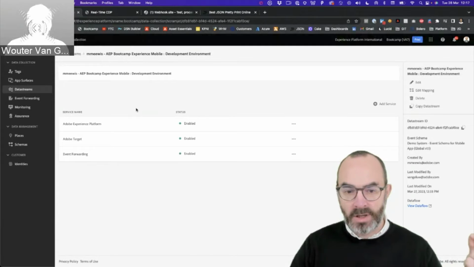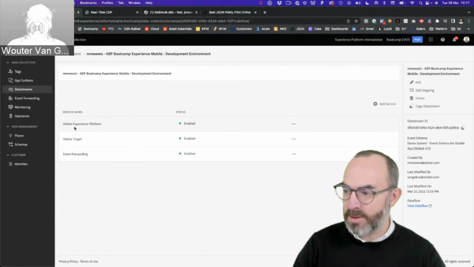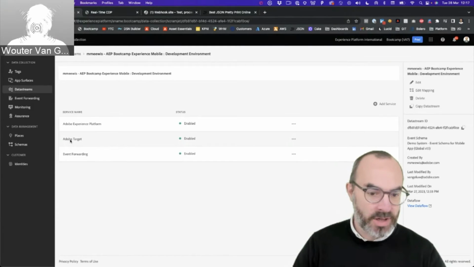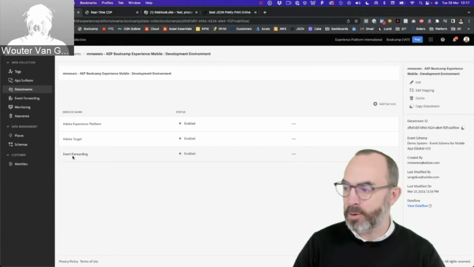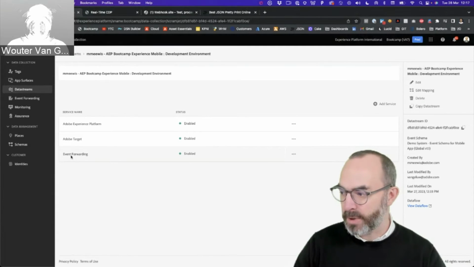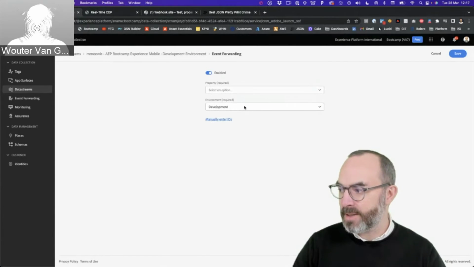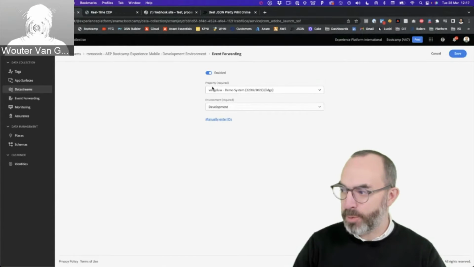So whenever an event is entering that edge, we have now decided that something needs to happen with Adobe Experience Platform. Something needs to be shared with Adobe Target. And then also we've got an event forwarding setup that we have done over here. If I have a look into that event forwarding setup, you will then see that in here we are linking to this edge property. So